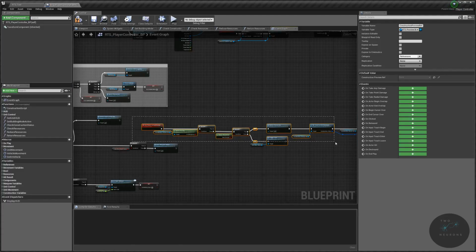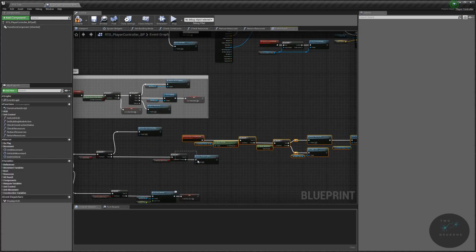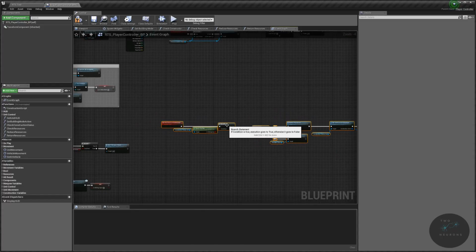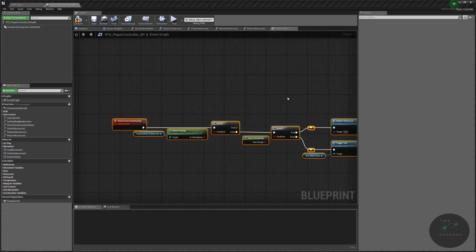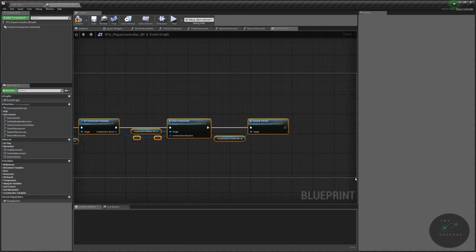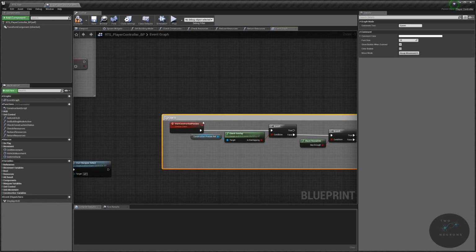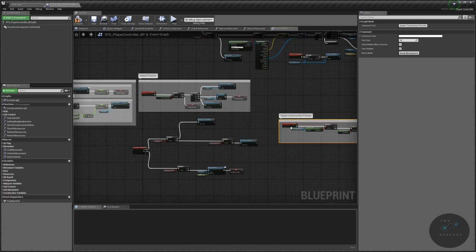So we're just going to highlight everything there, and I'm going to unhighlight the two things down here that we grabbed with it. We're just going to move this off to the side for half a second, and we're going to comment this out as spawn construction preview. Or comment around it. Let me just move the screen so I can see what I'm typing: spawn construction preview. And we have a delete preview up here,